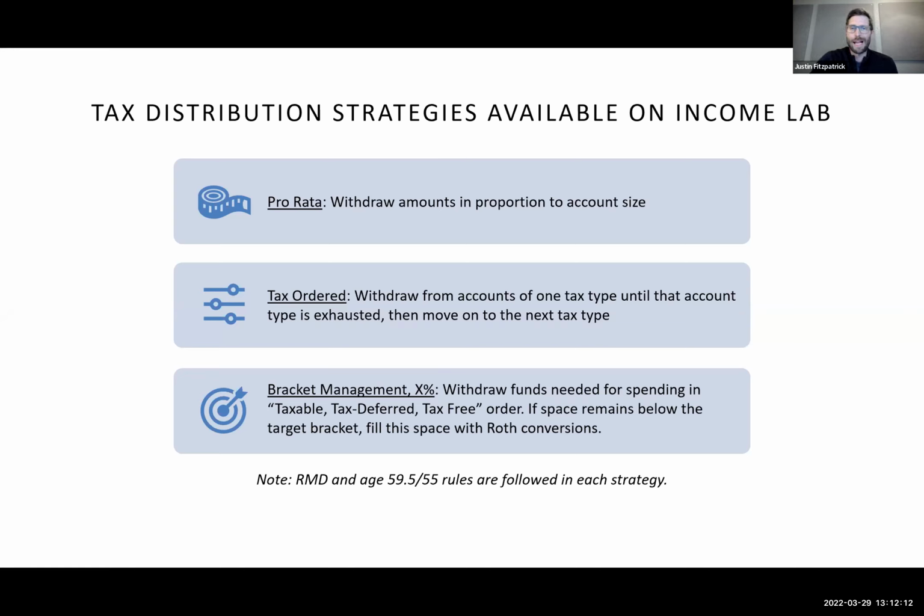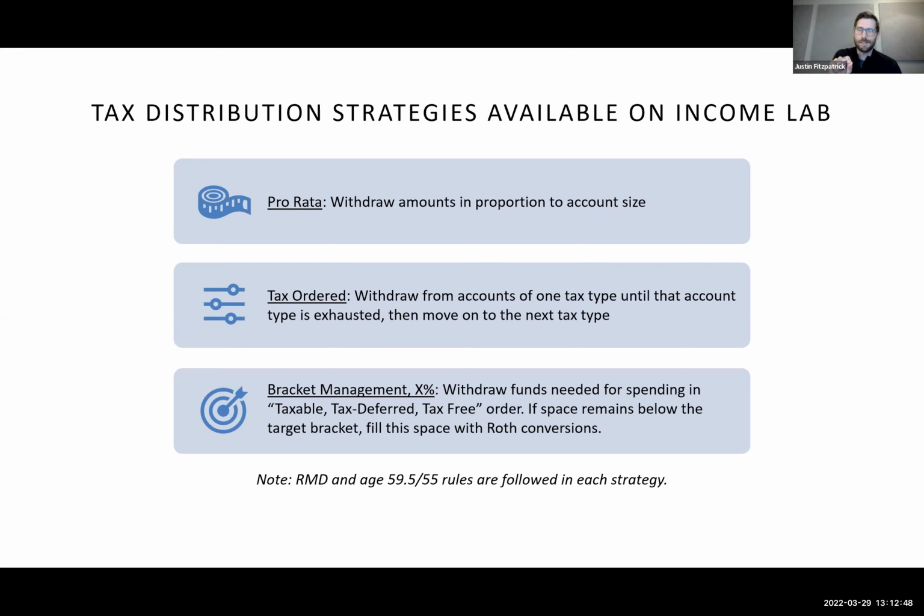And then finally, bracket management. So this is maybe the most complicated one, and it's the only one that includes Roth conversions. What's happening here is we're withdrawing the funds needed to fund the lifestyle in a taxable, tax-deferred, tax-free order. And then if that, along with any other income, maybe Social Security, pensions, rental income, so on, if there's additional space left in the